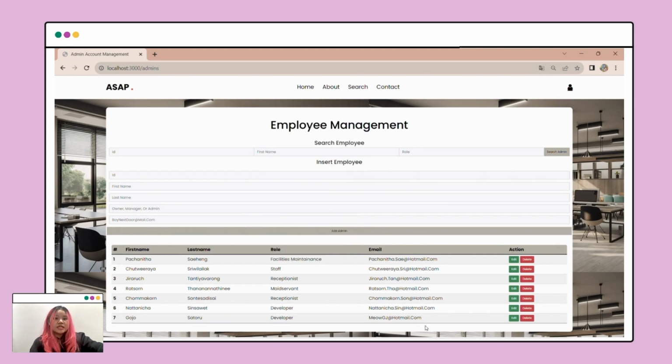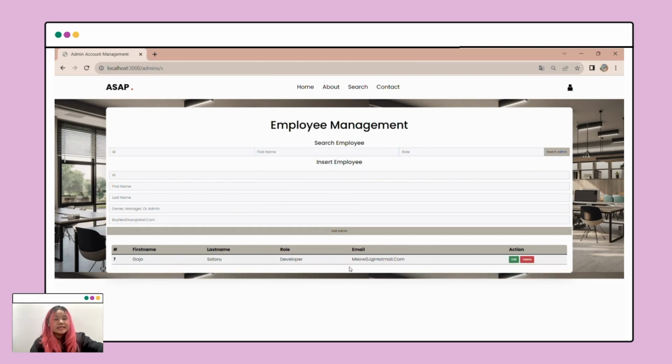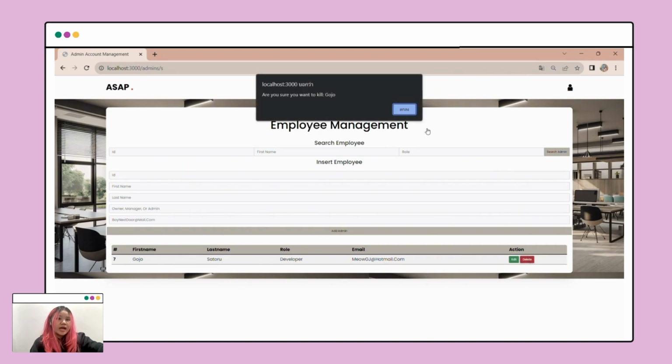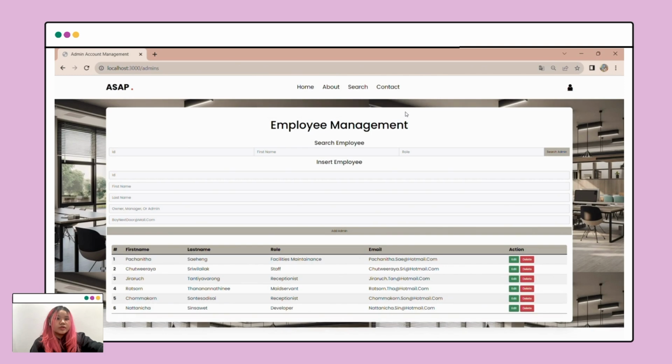Additionally, the search function is a key feature designed for efficiency. Enter a name and the system filters and displays relevant information immediately. Lastly, if an employee departs, the removal from the system is handled with a secure confirmatory step to maintain data integrity. And that concludes the login and manage employee information process, as simple as that. Our system is designed to ensure that managers have quick and secure access to the tools they need to perform